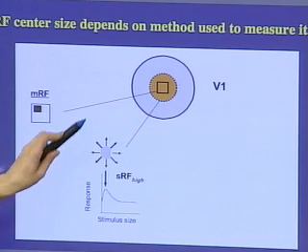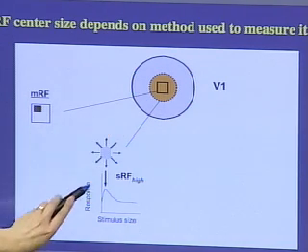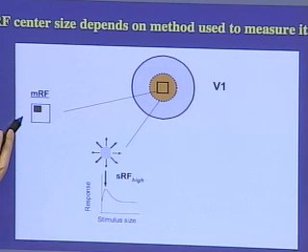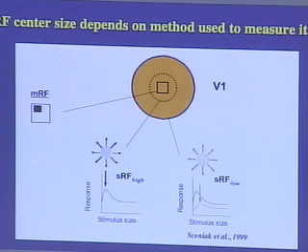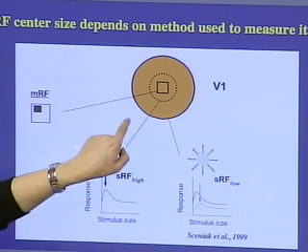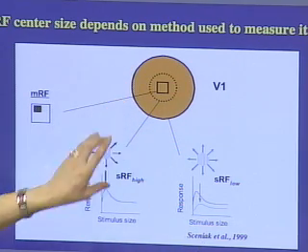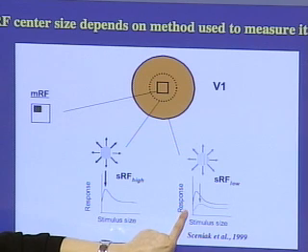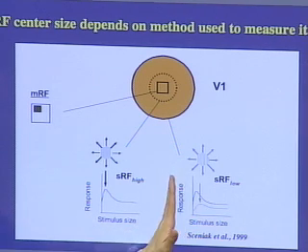So if you do this, you can see that that region of the receptive field is larger than the minimum response field, and it tends to be about twice as big on average across the population. Now, more recently, it's been shown that if you use a low contrast grating and perform the exact same paradigm, the receptive field is even larger. So you can see that at low contrast, the peak of the size tuning curve shifts to the right, so the receptive field is even larger.